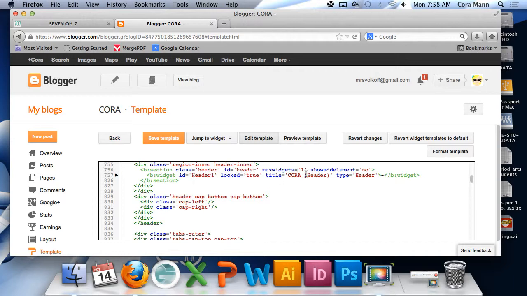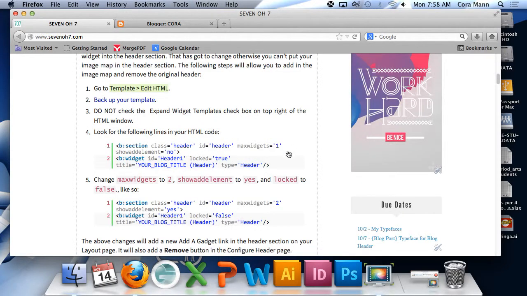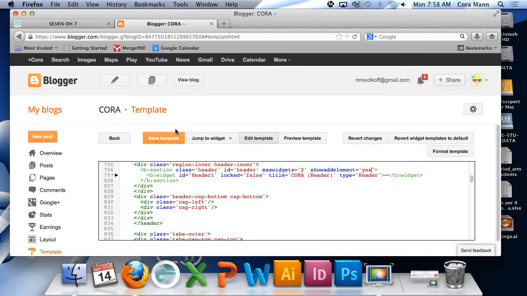So here, I want to change max widgets to 2. I don't want to take away the little apostrophe marks. I want to change true to false. And I wanted to change no to yes. Let me double check that that's right. Yes, that's all right. Then what you do is you save